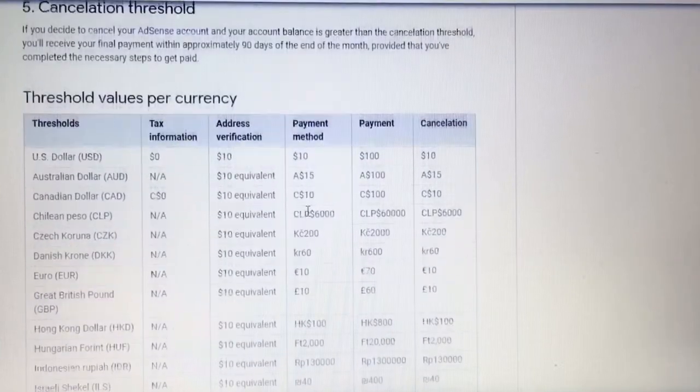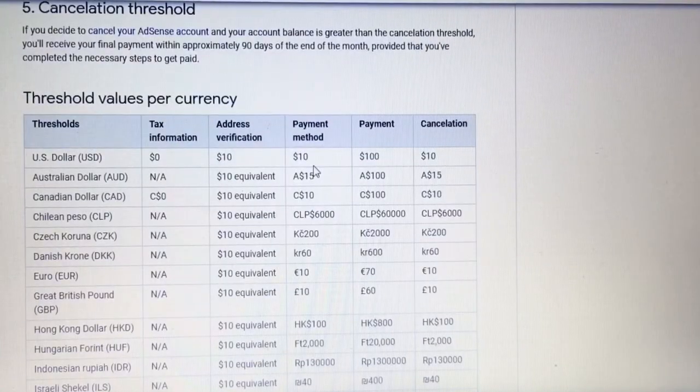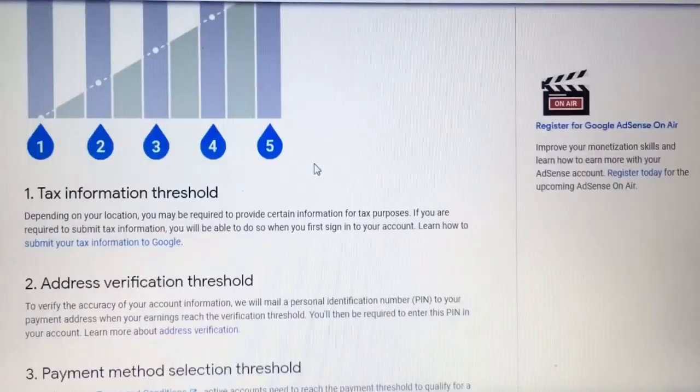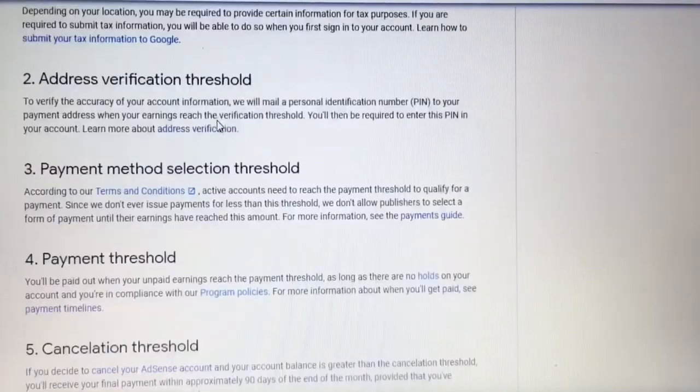So you first have to earn that amount before they will even send you the PIN, and then once you get the PIN, you have to go and verify your address. If you don't do it within 4 months, they will stop placing ads on your account. All right, so let's go to number 3,